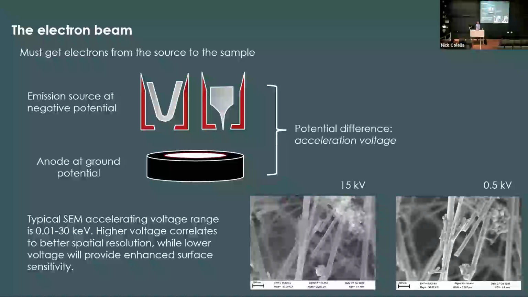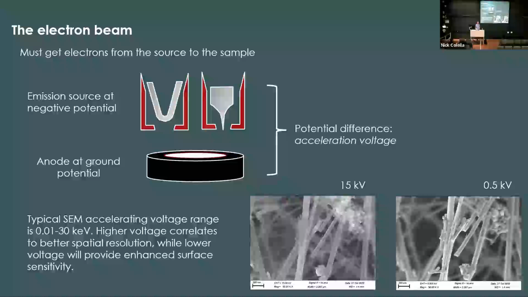Typically, the potential acceleration voltages are from somewhere less than 1 kV up to about 30 kV, which is usually the standard. It's very unlikely that you would use either of those values, right? Typically, the imaging range is somewhere in the middle of that, often about 1 kV to maybe 10 or 15 kV. But there are definitely use cases where we'll go outside of those bounds.